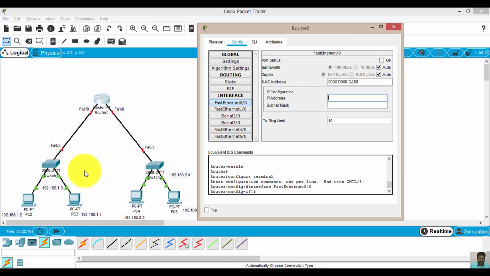For this network, 192.168.1.0, the gateway will be 1.1. This gateway will be represented by this router port, FastEthernet 0/0. So 192.168.1.1 will be my IP address for it. Enter the subnet mask, and then don't forget to switch on this port.